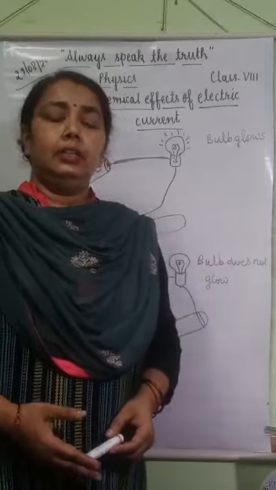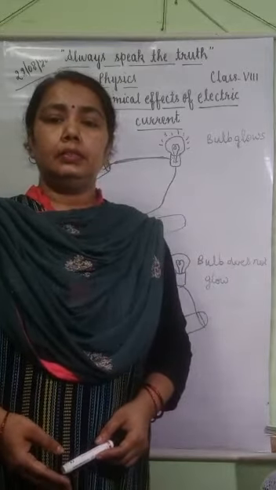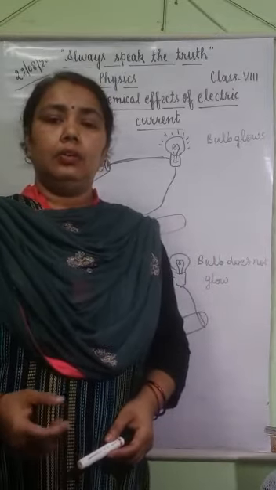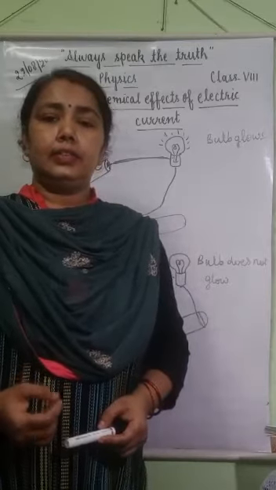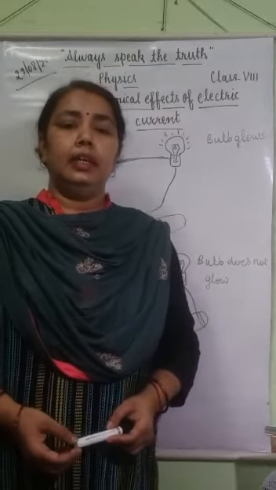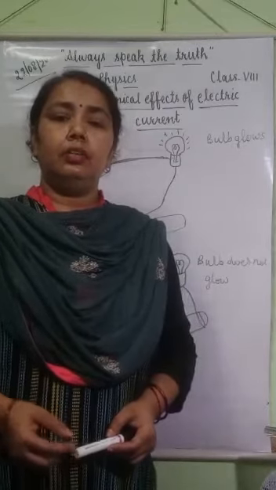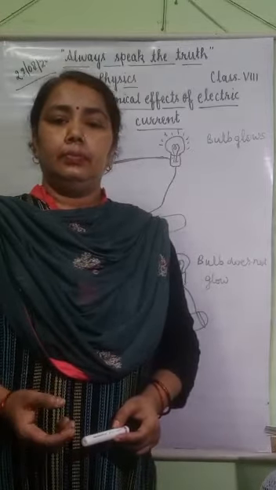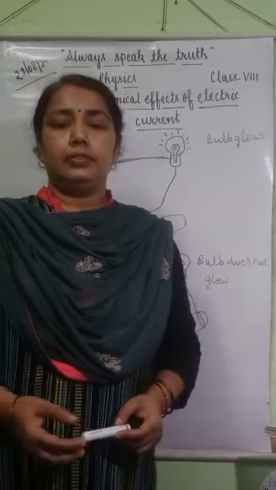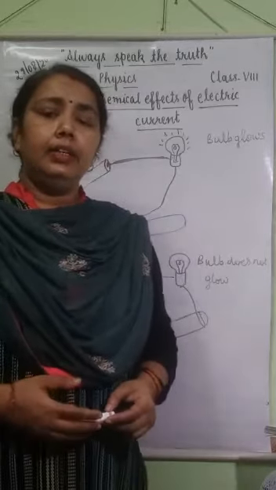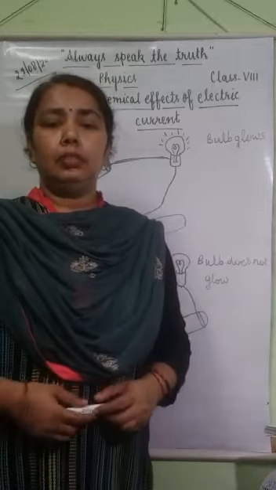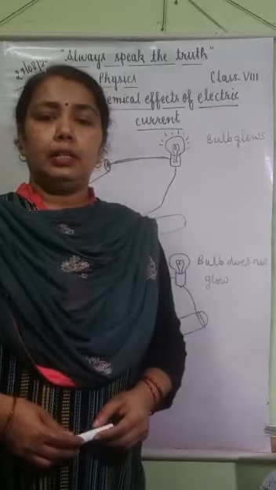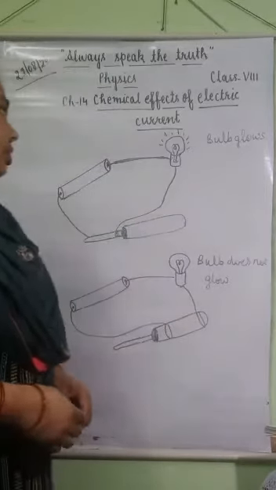That is why we use rubber slippers when we touch an electrical appliance, or when we test whether current is passing in an electric wire or not, we use a tester and its handle is made of glass, wood or plastic. So how can we test that metals are good conductors of electricity and wood and plastic are poor conductors of electricity? So here